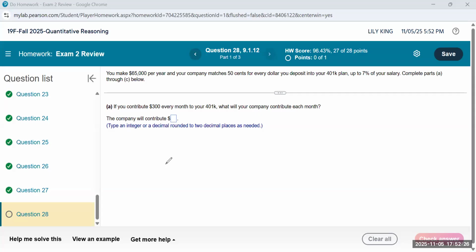If you contribute $300 every month to your 401k, what will your company contribute each month? For this type of problem, you always need to find the maximum the company will match first. So I'm going to start. You take 7%, which is 0.07, and multiply that by 65,000, up to 7% of your salary. So this gives